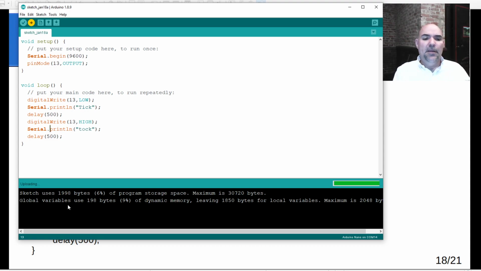And then it will tell me, okay, this sketch is using about 2K, 6% of the program storage space that's available on the thing. And that is up and working. And this board does not have an LED on pin 13. But if I do switch to the serial panel here now,